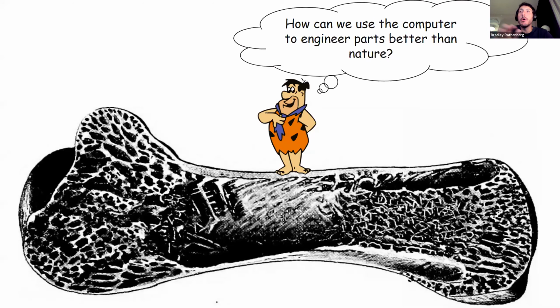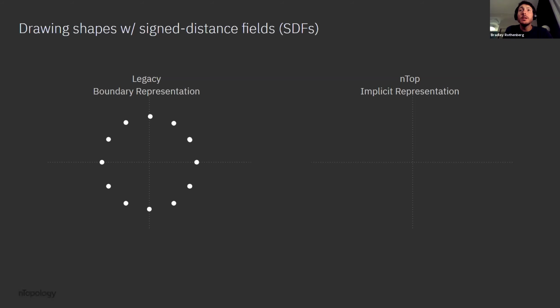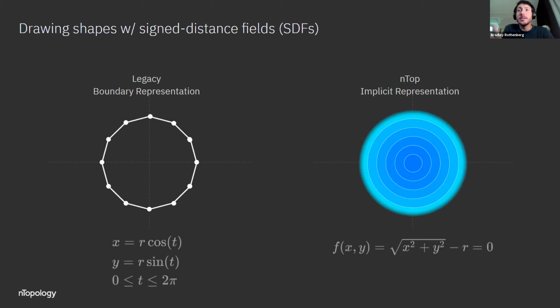Like if I want to model this bone, it has a really interesting structure, right? There's more material where there's higher stresses, there's less material where there's less stresses. The material's put exactly where it needs to be. And again, a BREP model is probably not the best model for this, right? A BREP is a boundary. If I wanted to represent this with just the boundary, it would be crazy to try and calculate that boundary everywhere. Instead, we can start with signed distance fields as the representation,